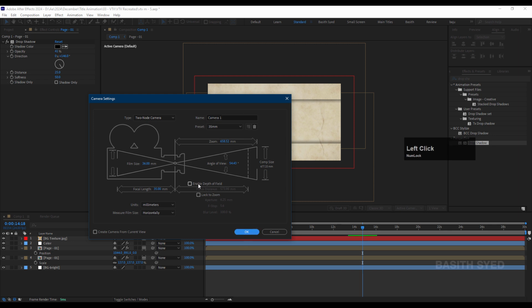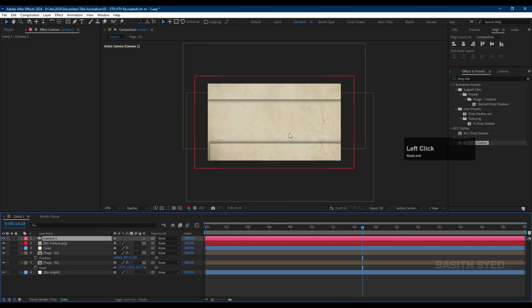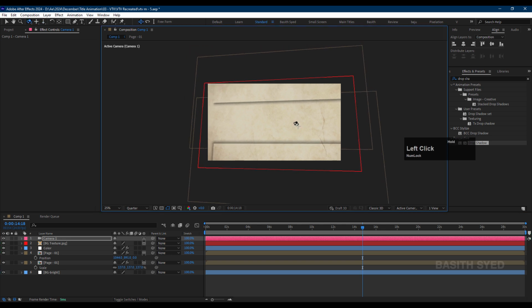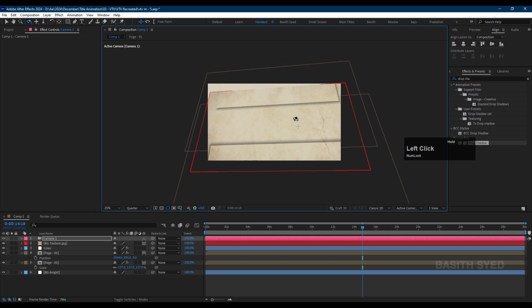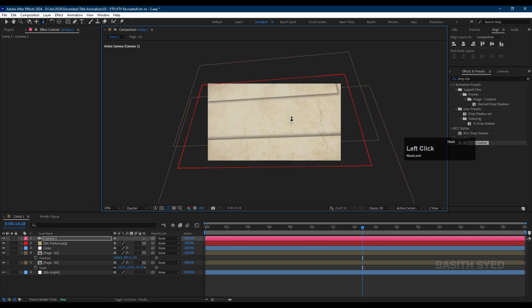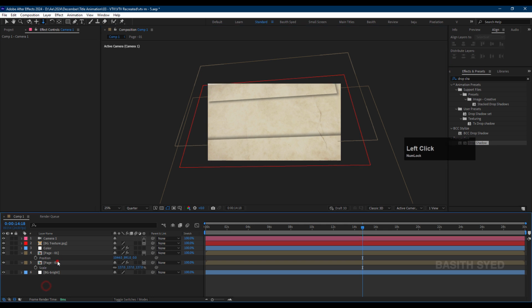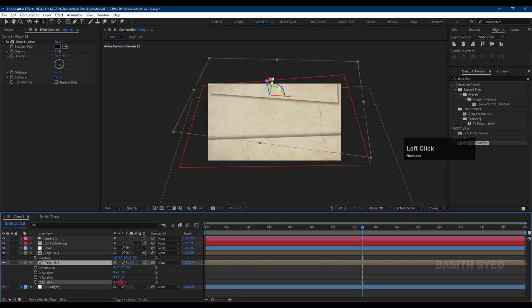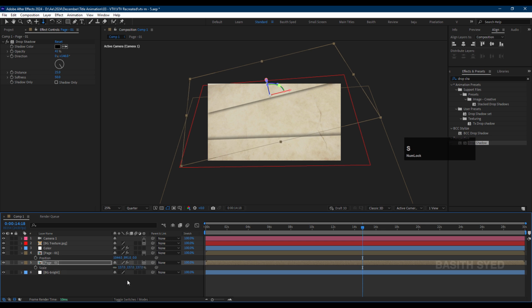Please kindly check, disable the depth of field and click OK, and then let's press C to cycle through the different camera modes. Let's choose this one, and let's rotate it this way, something like this, and bring it like this, something like this, and then select this one and try to rotate it like this. Press S to scale it this way,